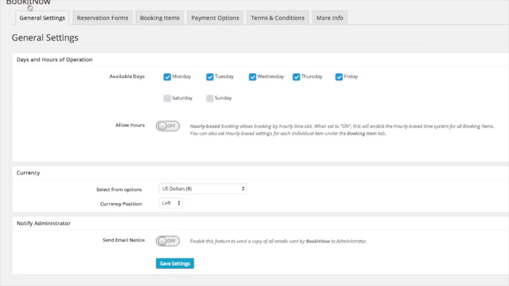First, we're going to start with the General tab. Here we can set the available days. Since we are using this for a booking system for a hotel, we're also going to choose Saturday and Sunday to make those days available. We're not going to need the hourly based booking,